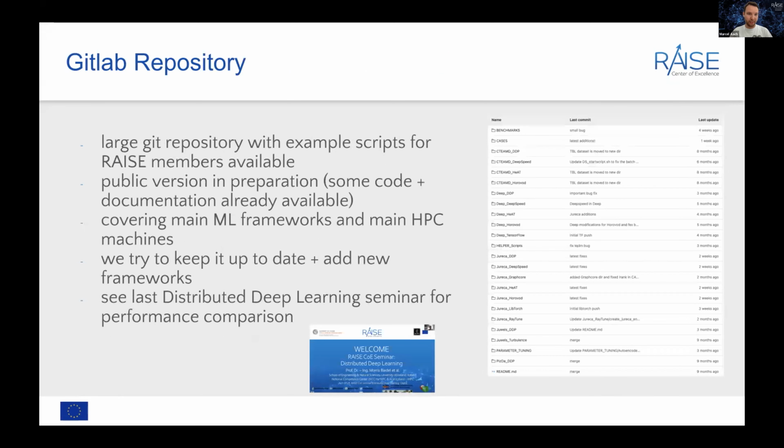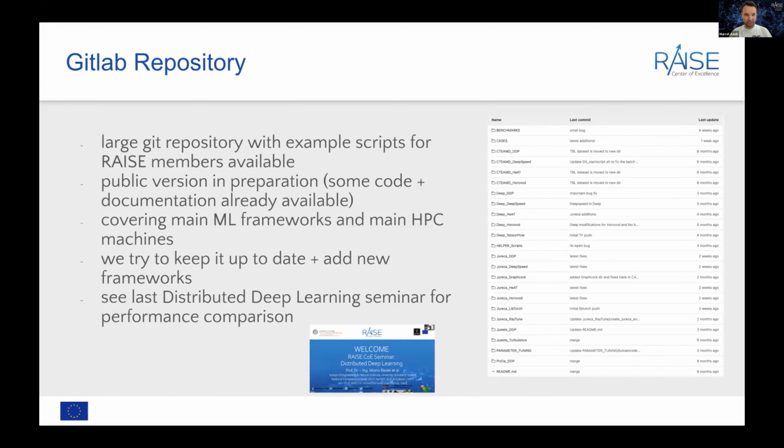We already have a very large GitLab repository available where we put lots of example scripts. Currently, the full repository is only available for RAISE members, but we have a public version in preparation, and some code and a very extensive documentation for that code is already available for everybody to take a look at.